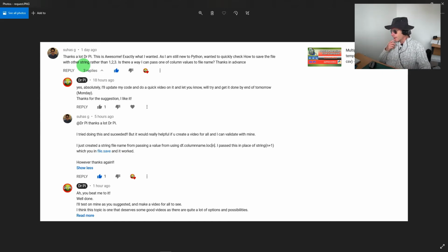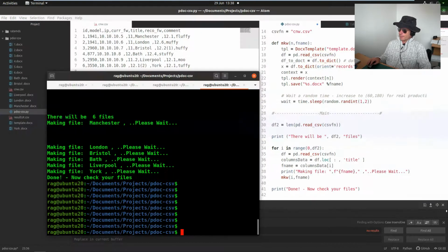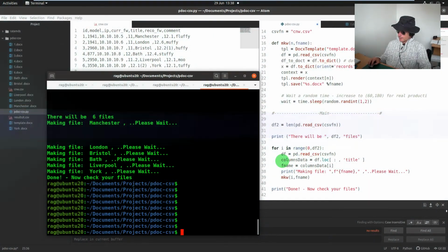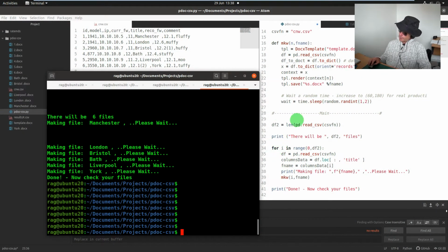So anyway, I was about to do it, and yeah, I got a reply from G Sucius, and he's already done it, and he even told me how he did it. So df.column, dataframe column name, .loc, location, and then the iterable. So I've actually updated my code as well, and here we see, so within the for loop,